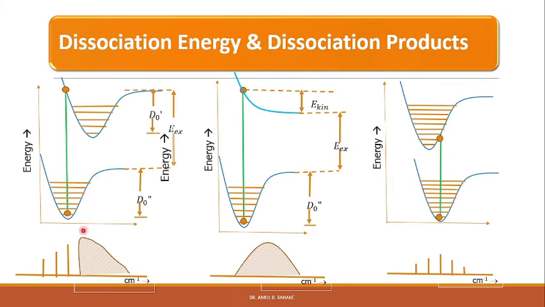Thus, we have seen two such cases. In one case, there is a minimum in the upper state. Then the transition leads to a quantized spectrum followed by the continuum, so we get quantized spectral lines followed by a continuum. In the other case, the upper state has no minimum, and thus a continuous upper state is seen, and therefore transitions to such levels lead to a continuum in the spectrum.